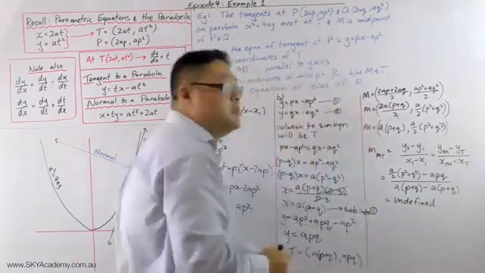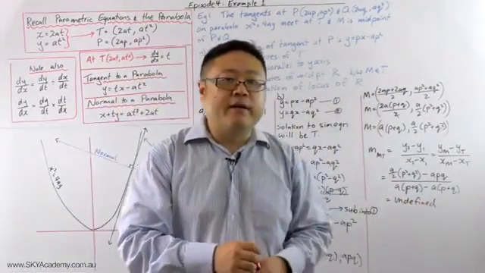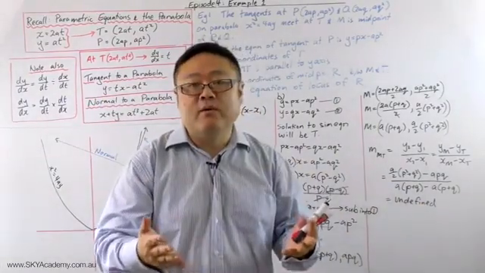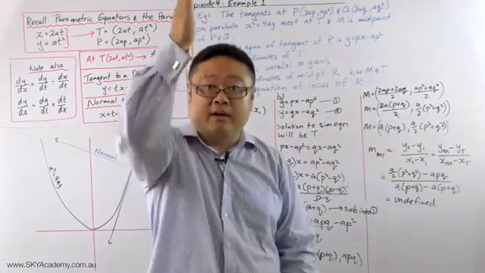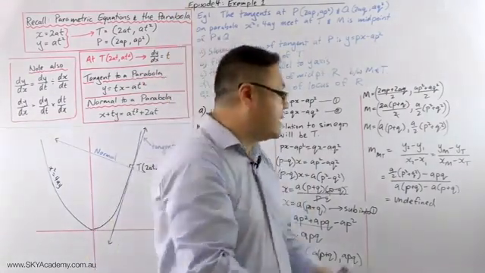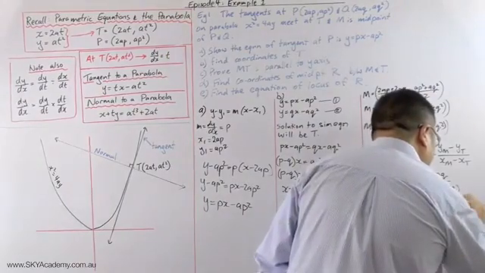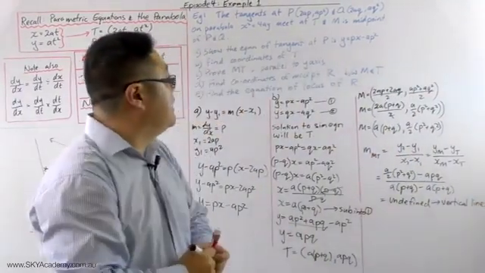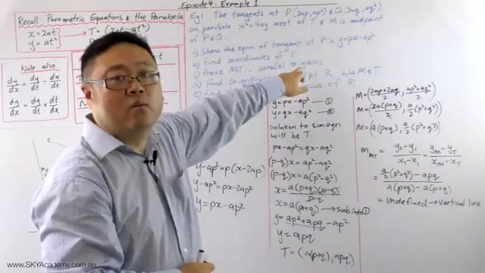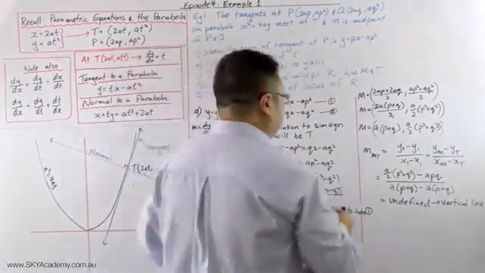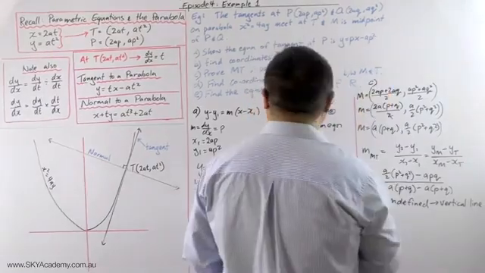All right. What is an undefined gradient? Or what is a gradient where the denominator tries to equal 0? Well, it's basically a vertical line. Does that make sense? It's an undefined gradient. So what it is, is a vertical line, which means it is parallel to the y-axis, because the y-axis is a vertical line as well. Okay, so therefore, and this is part C,